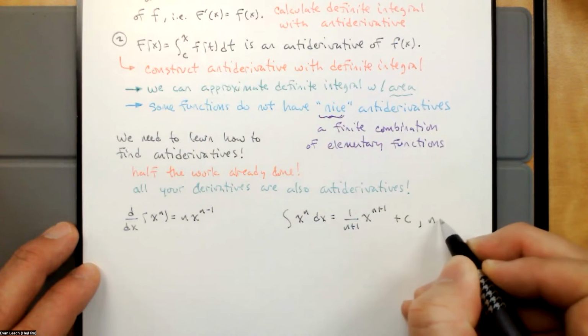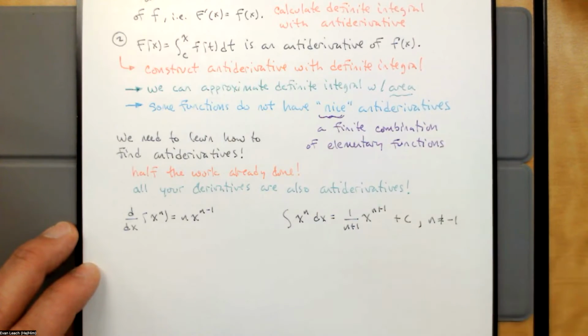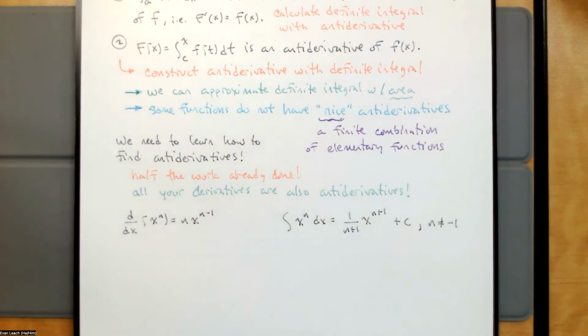This only works if n is not -1, because otherwise we'd be dividing by 0, and we're not allowed to